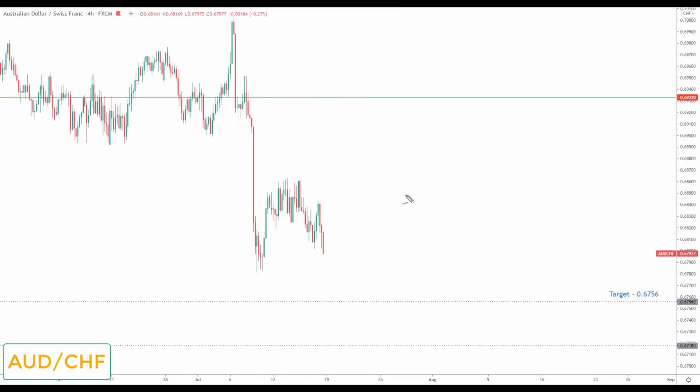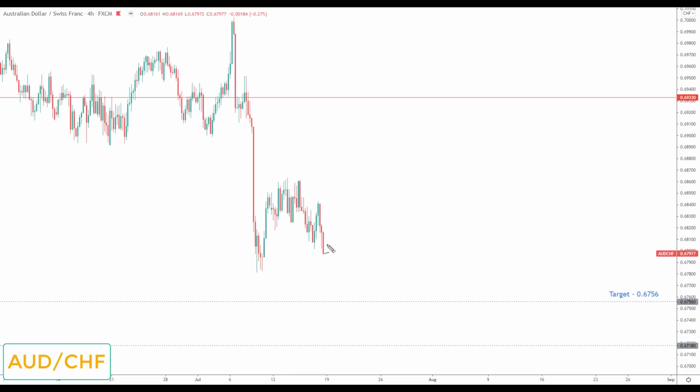Next is Aussie Franc. Now, Aussie weakness is another theme I'll be looking at going into next week once again. This was a market that had a pullback and I was looking for short opportunities. I did in fact short this market. I still have this open position in Aussie Franc to the downside. We ended up with an inside week, so not too much happened.